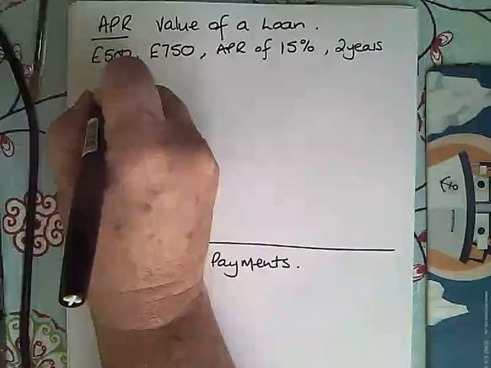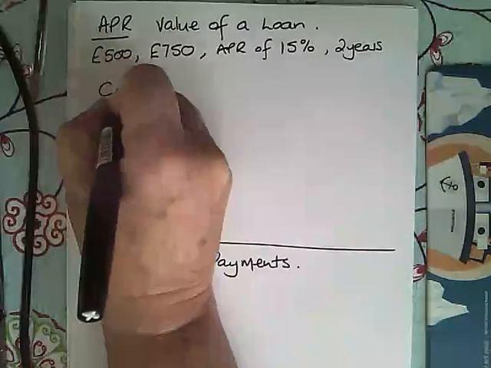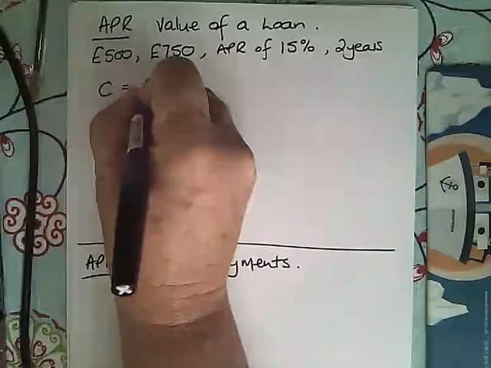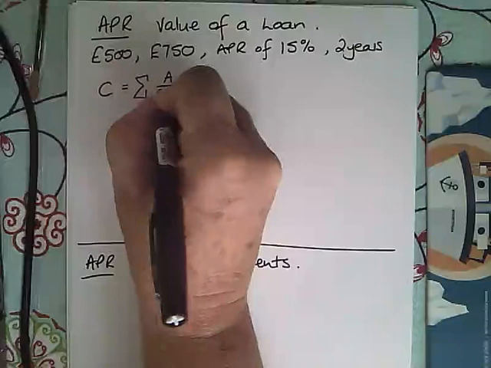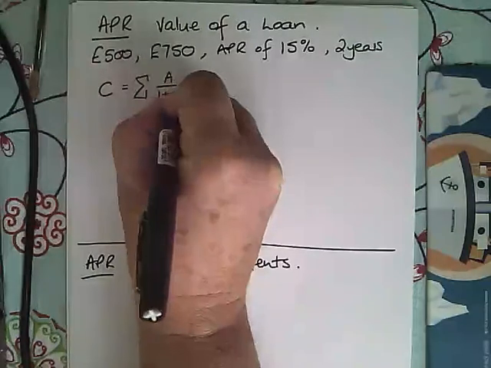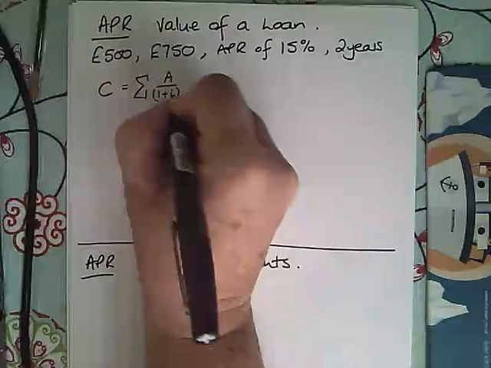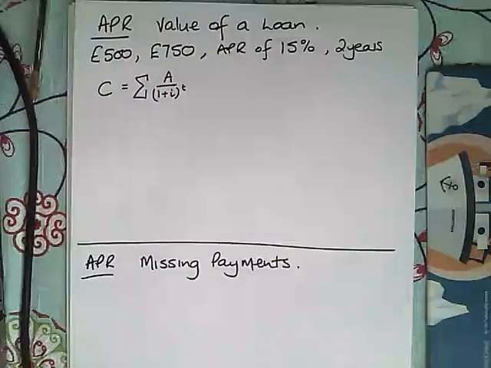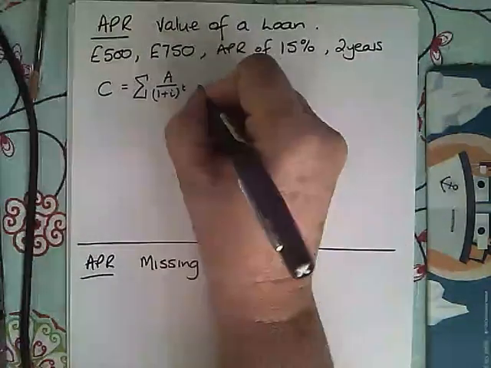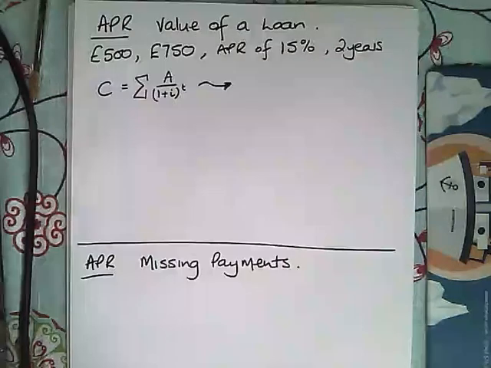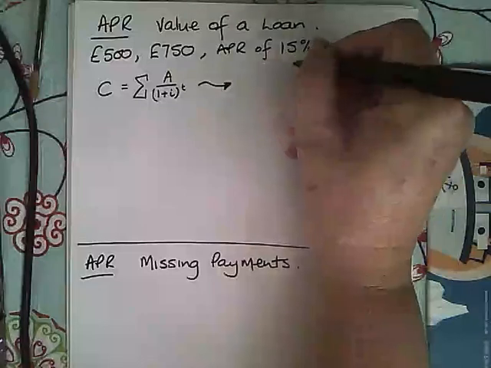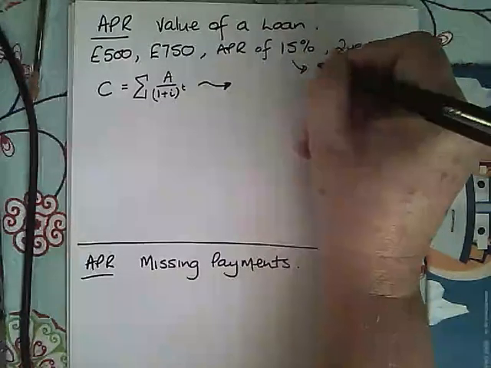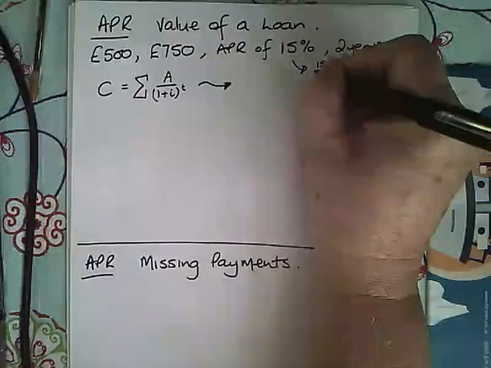So we have our formula, which is the final amount of the loan is equal to this summation sign with the payments over 1 plus the interest rate as a decimal, and that's all to the power of how many years you've got. So remember, when we unpick this, we're actually going to turn it into a series of fraction additions. First of all, our APR we're going to write as a fraction over 100,